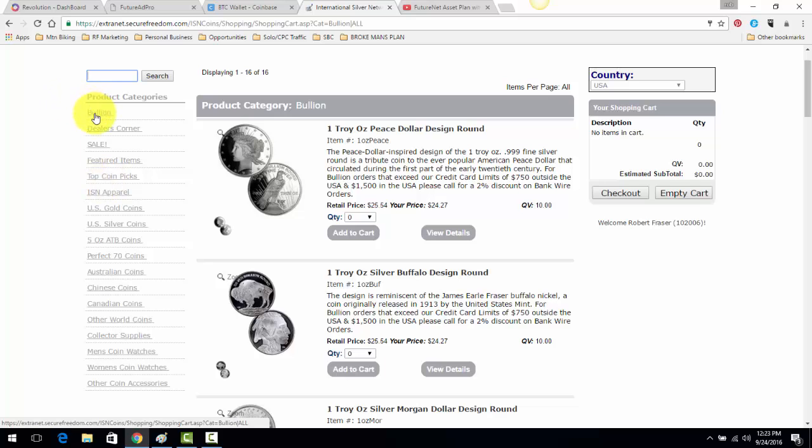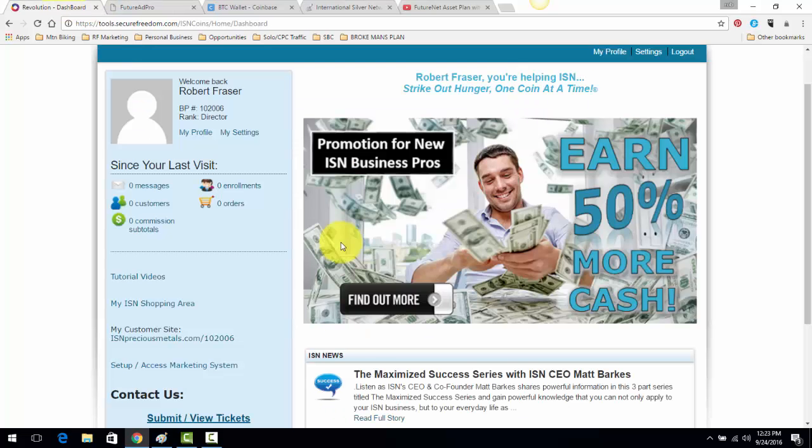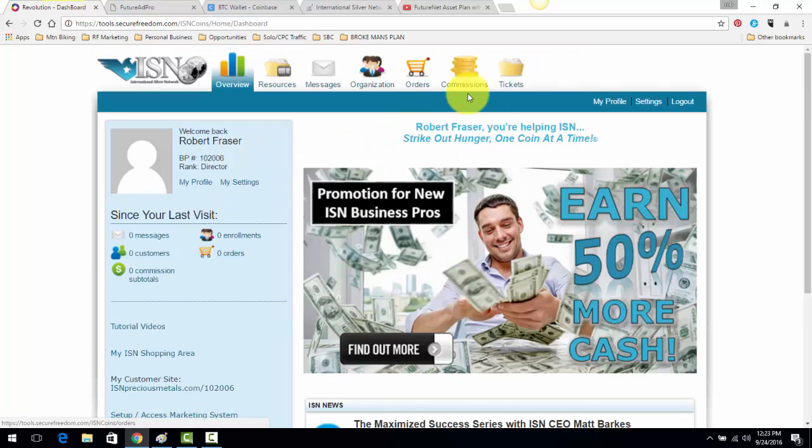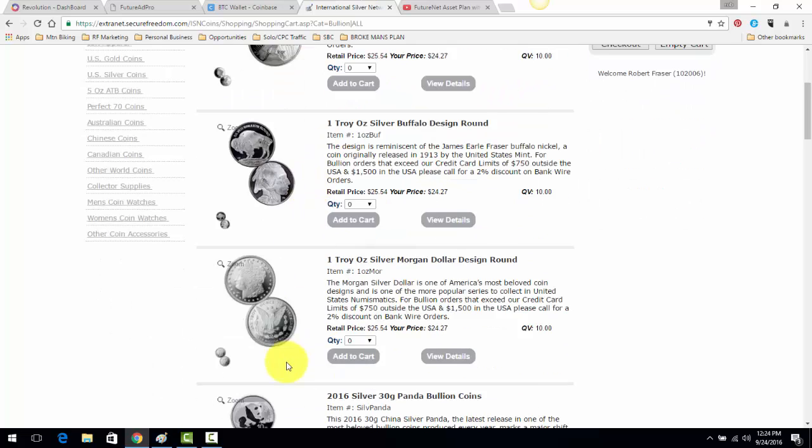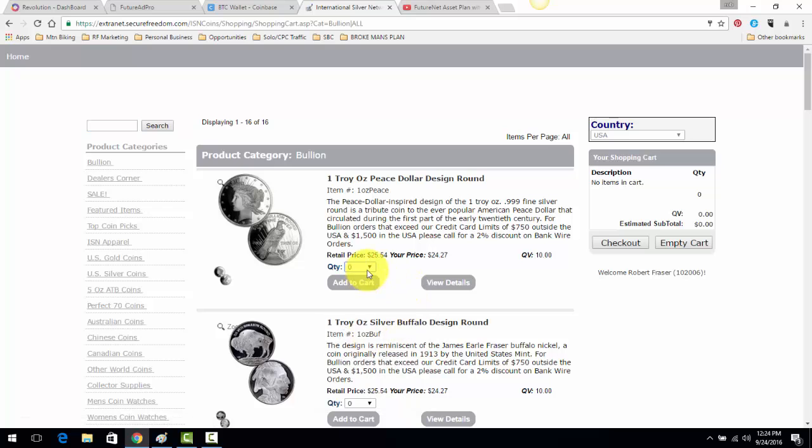But for the most part, the only thing I'm getting here on a weekly basis is bullion. So this is basically just the back office of International Silver Network. This is the back office. You click on my ISN shopping area, and it'll take you here, where you can buy your silver bullion. And it's real simple. You just scroll down, find a bullion you want, select the amount, and click Add to